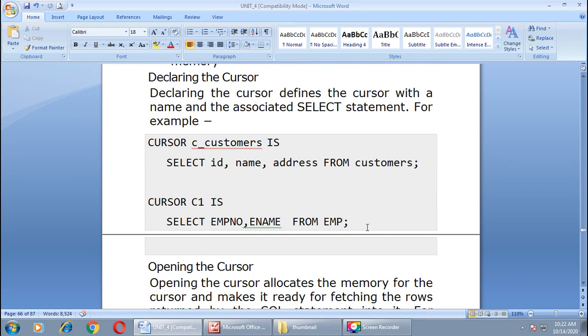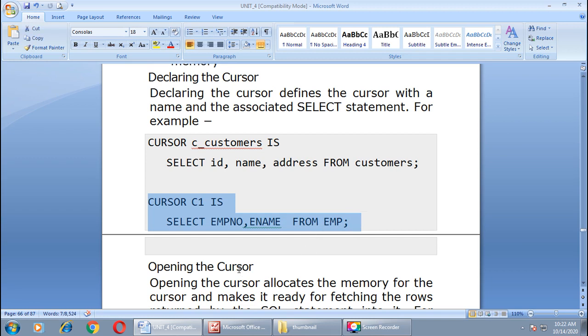The first step is to declare the cursor, like this: CURSOR C1 IS, followed by the associated query. For example: CURSOR C1 IS SELECT empno, ename FROM employee.